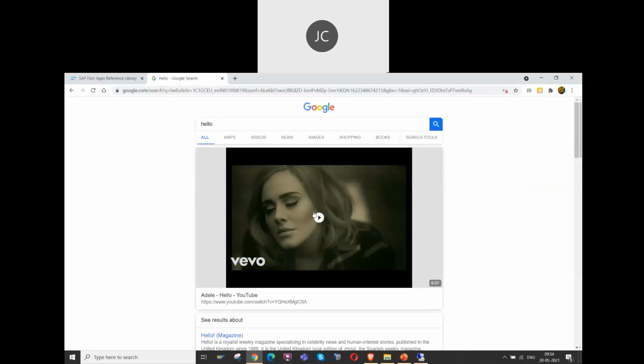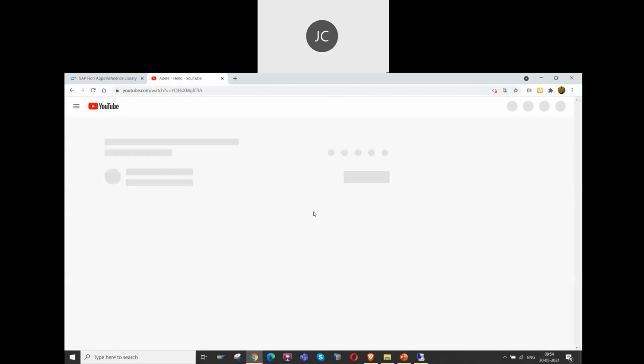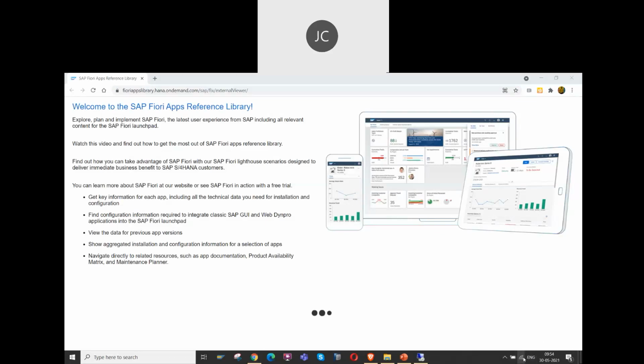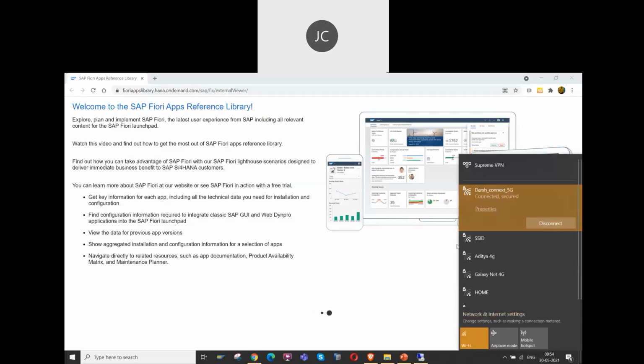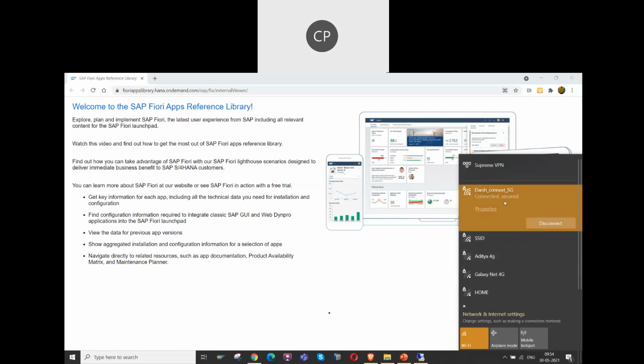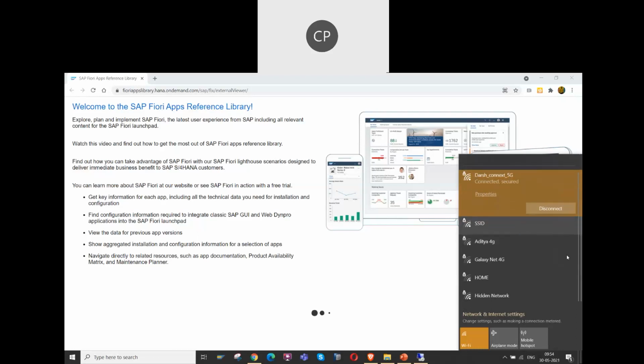Let's say, is it playing good or not? Then it's a net issue only. See, this one also is not opening. Correct, correct. Okay, let's check this one.